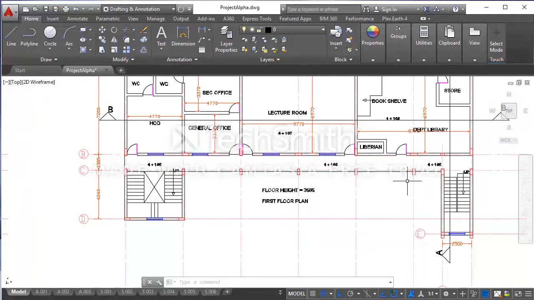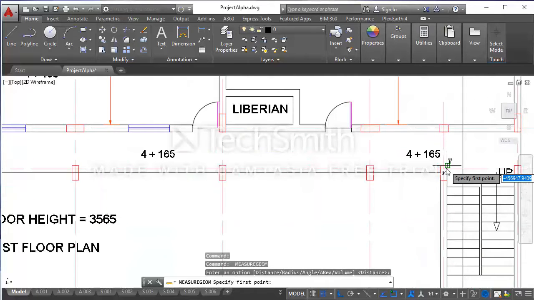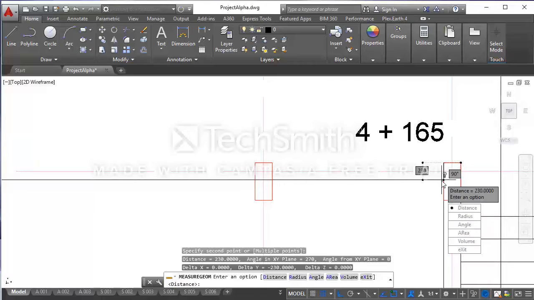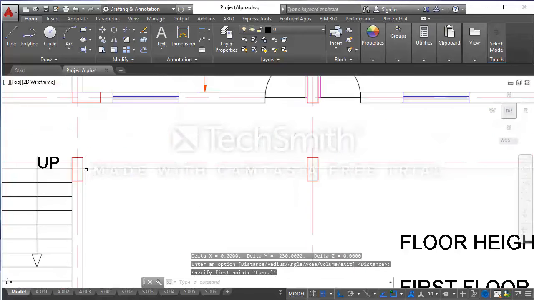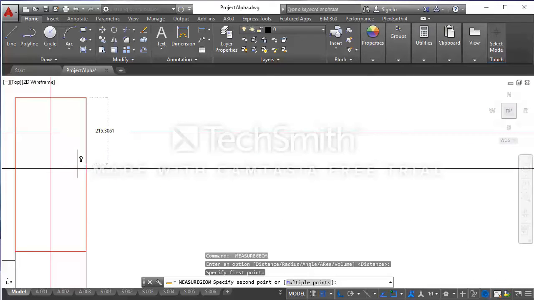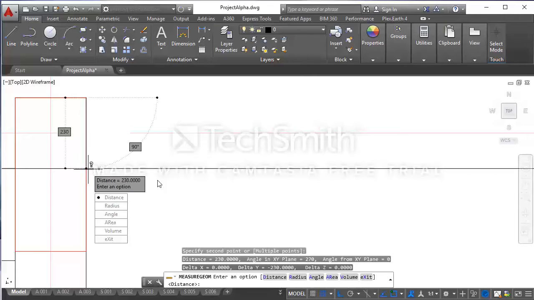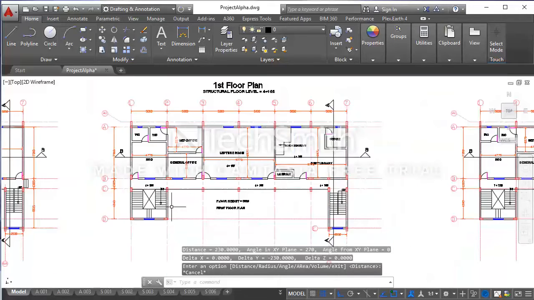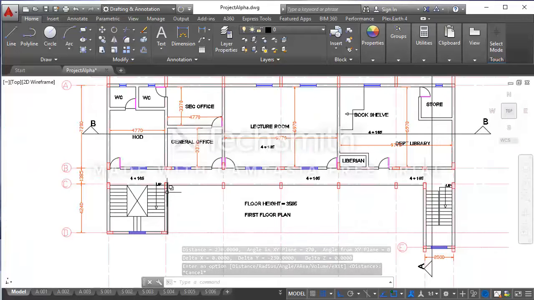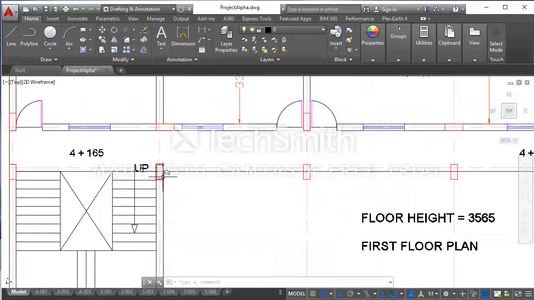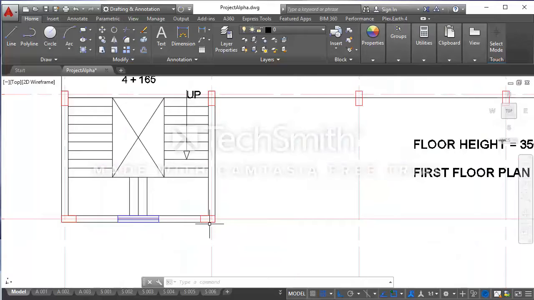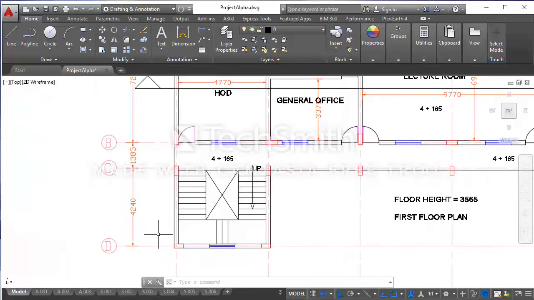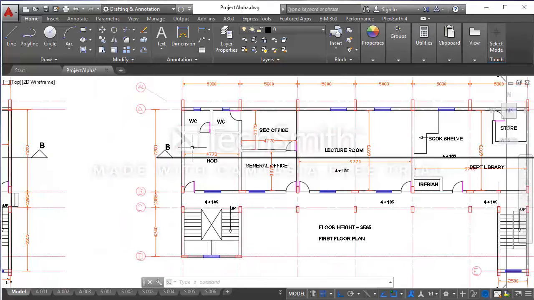At grid line C, the perimeter is at 230 mm from the inner face of the column. At this point, the perimeter is at 230 mm from the inner face of the column. At grid 2, the perimeter is at this face of the column. At D, the perimeter is at the edge of the column, this face of the column. At grid line 1, the perimeter is at this face of the column.